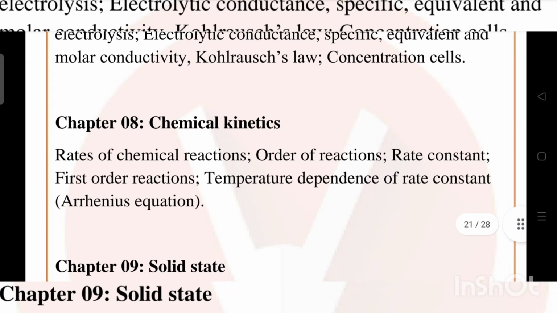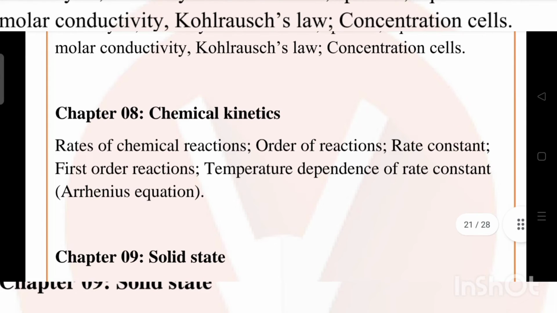In chapter number 8, chemical kinetics, rates of chemical reaction,